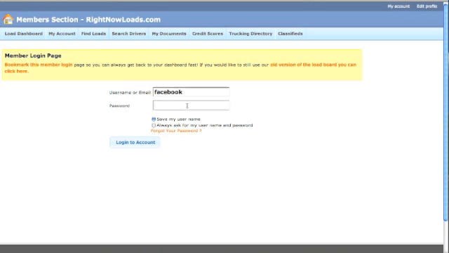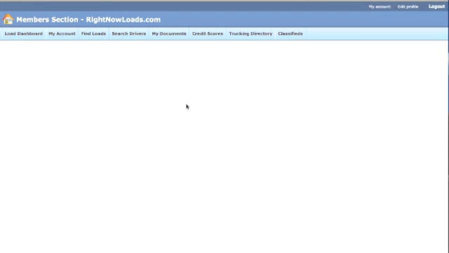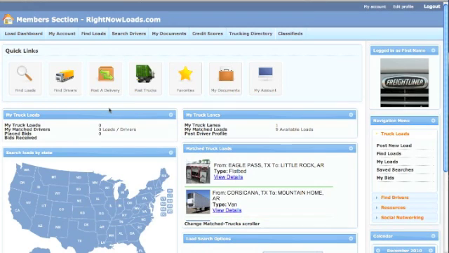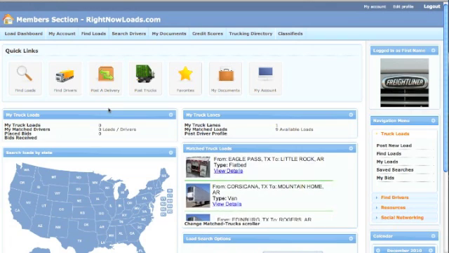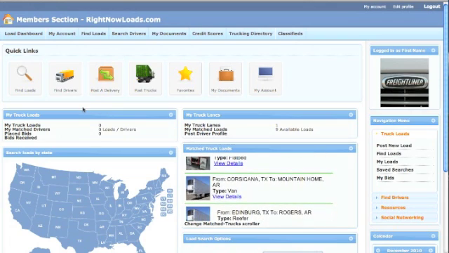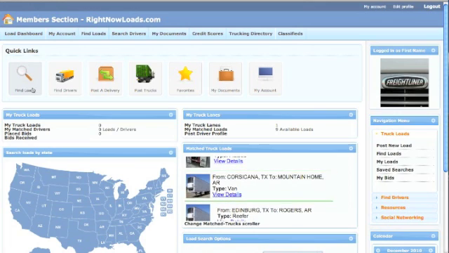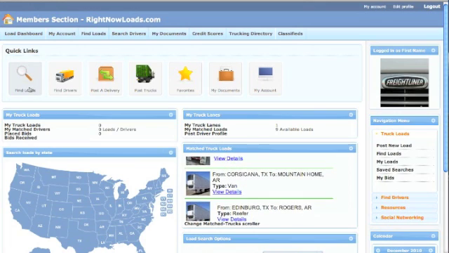So I'm going to log into the new admin, and what I'm going to go over today is how to find loads and what are the new features we added for the month of December. From the dashboard, you can click on Find Loads. It's the first icon with the magnifying glass. This will get you to